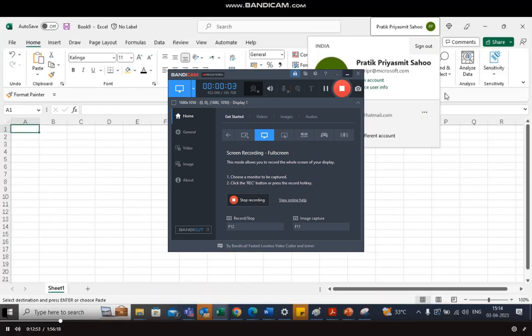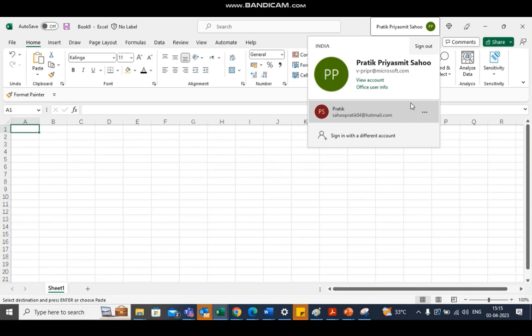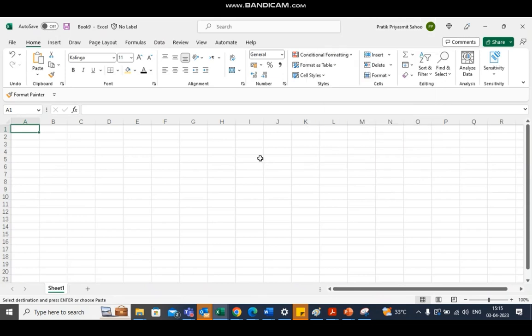I have logged in using a Microsoft 365 account. The benefit is that you get the entire stretch of features, the most latest version of the features in this particular application, if you have downloaded it using your Microsoft 365 account, right? So beginning with, when we go to Excel, first thing first,